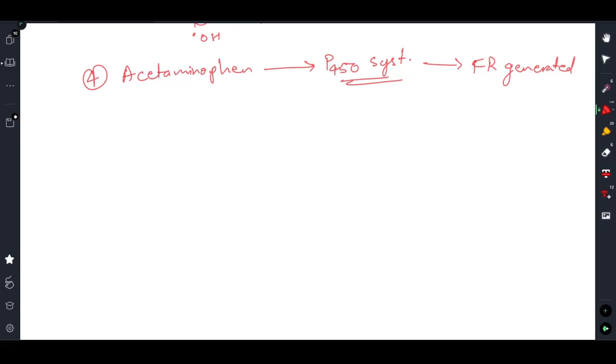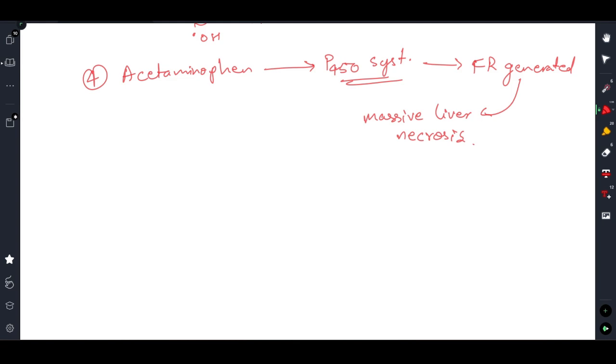And these free radicals can induce injury to the cells present within the liver, which can lead to massive liver necrosis. So this is how drugs or chemicals, while undergoing metabolism in the liver, can lead to generation of free radicals,